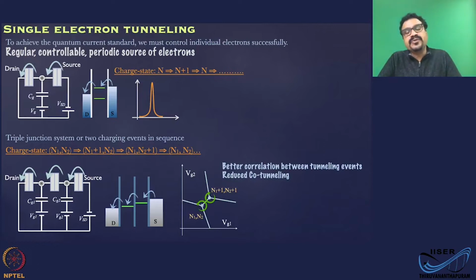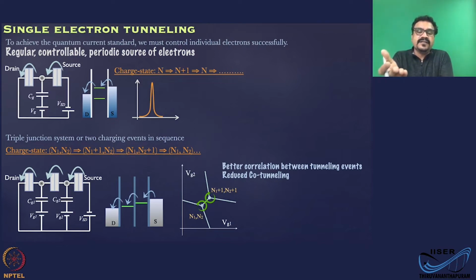Usually you have many dots, but you can also achieve the single electron pumping phenomena with just 2 dots. But of course, better control can be achieved by adding more dots or more tunnel junctions in series. So the idea here is you have 2 dots, the electron can tunnel in, then for this electron to move to the next dot, you can bring that dot into tunneling position or favorable for tunneling,